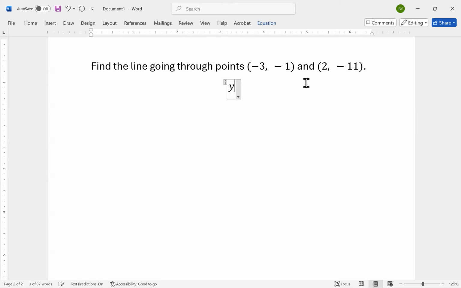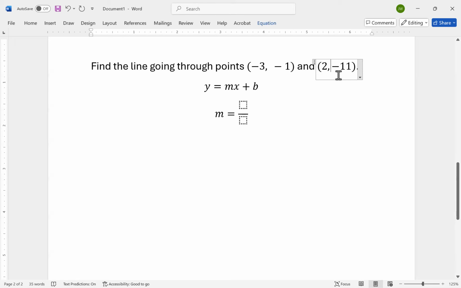Like I said earlier, this is just me. You don't have to always do this, but I always like to write y equals mx plus b first just to know what we're looking for. And then I say, let's find the slope. I always find the slope first and then use that with a point to find b. So slope, using the slope formula,